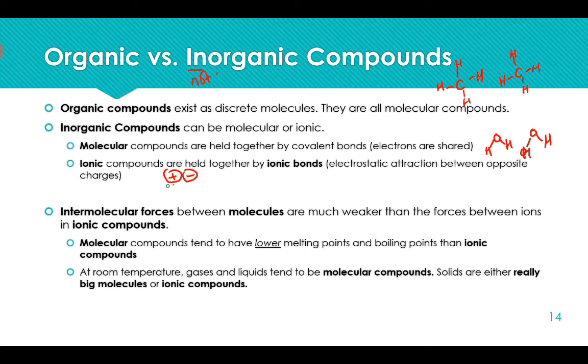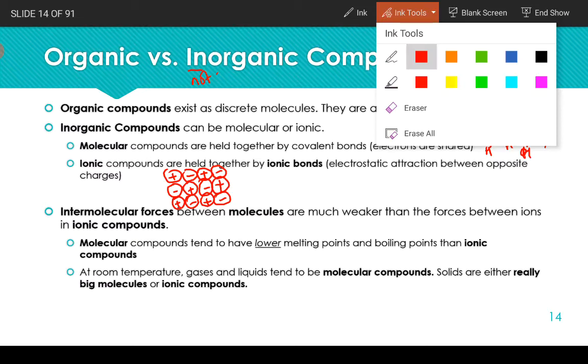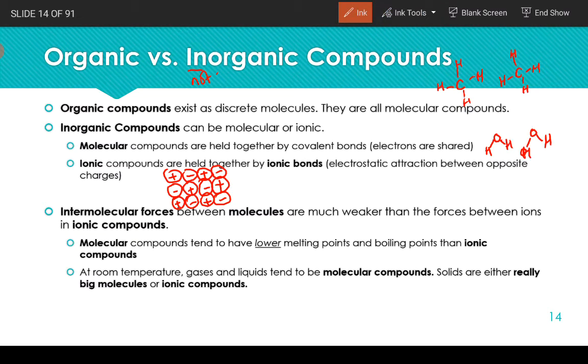Ionic compounds have alternating patterns of ions, cations and anions held together by strong electrostatic forces. And so these repeating patterns of ions just go on forever in all dimensions until you reach the edge of the sample. Between these molecules are intermolecular forces